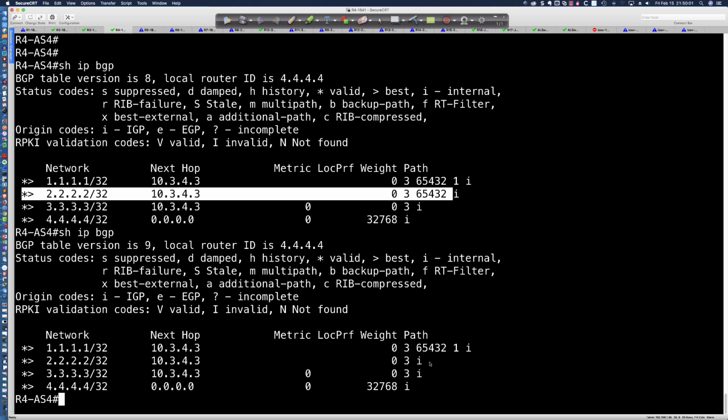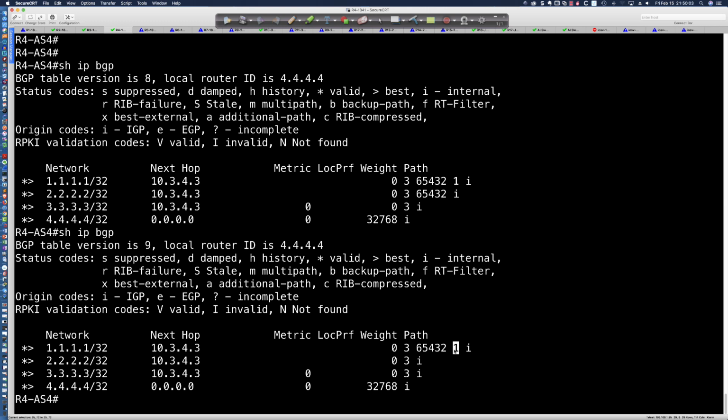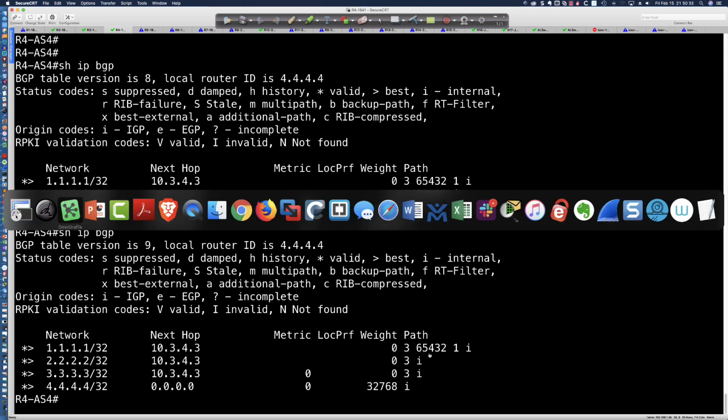So it removed that. However, when there's a public autonomous system number and you've got a private number that's mixing in with the public autonomous system number, in other words, the NLRI originated in a public AS, transited a private AS to get to the autonomous system where we did the remove, you can see that it does not do the removal. And so it's here that I'm going to pull up